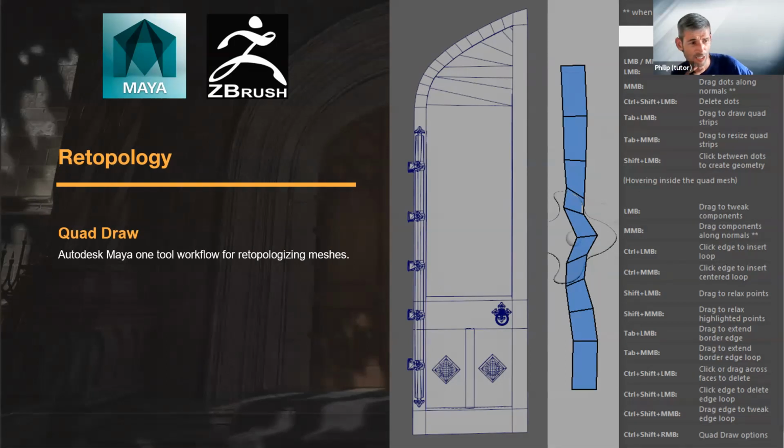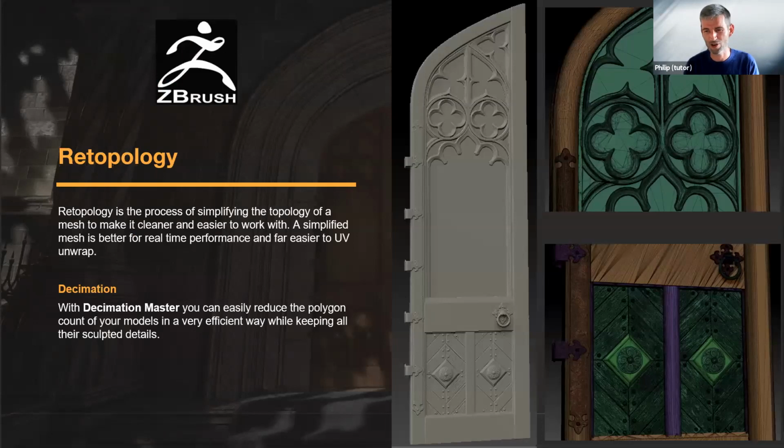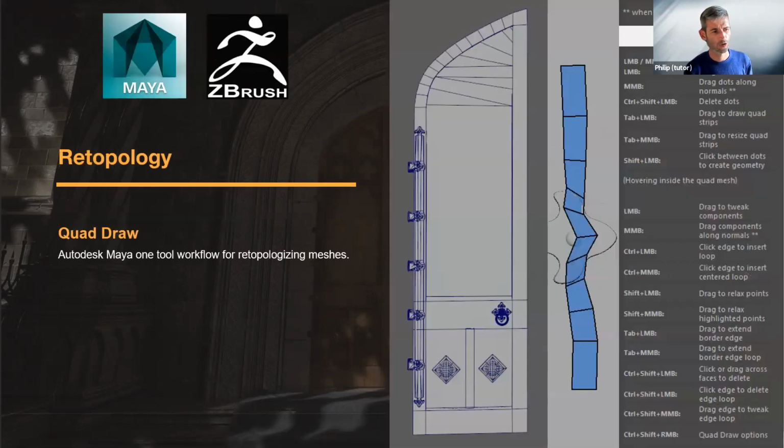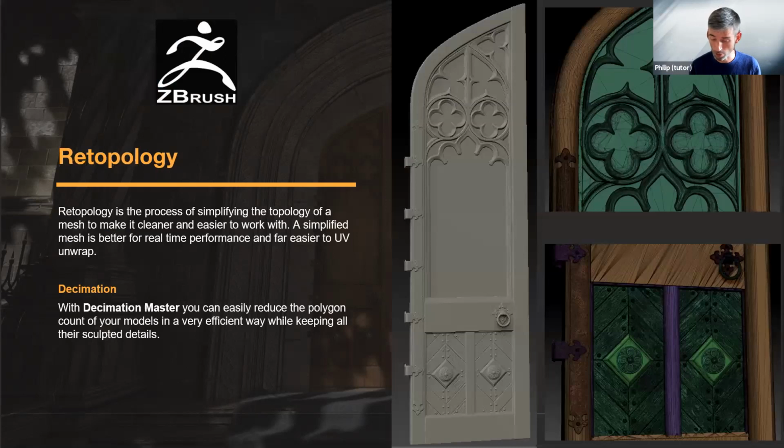For most of this session, I won't be looking at ZBrush specifically, but more its transference into a game engine. I'm not entirely sure if the Core version has ZRemesher, which is something I was going to talk about, and it essentially is another way of redrawing edge flow, and it does quite a nice clean job. I'm not sure if that's inside Core Mini, but it was only something I was going to touch on, and it's not really necessary. It's just quite nice to know about, as it's a clean way of redrawing your edge flow. But to start with, I'll look at